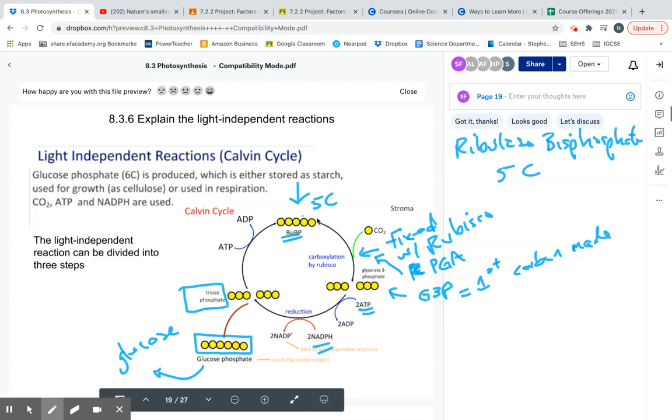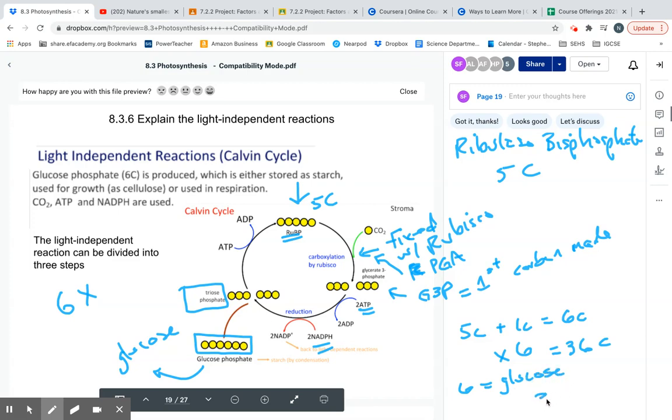And what happens is that this cycle occurs 6 times. So let's look at these numbers for a second, right? If we do this 6 times, we're going to have 5-carbon RUBP plus a 1-carbon carbon dioxide equals our 6-carbon, right? Which we talked about here. But if we do this 6 times, we will get 36 total carbons. Of those 36 total carbons, 6 will be used to make glucose,